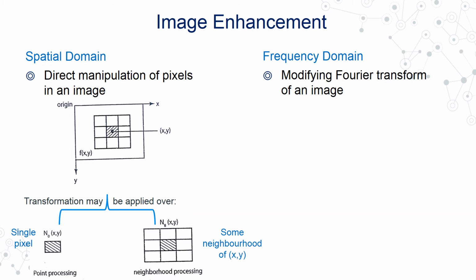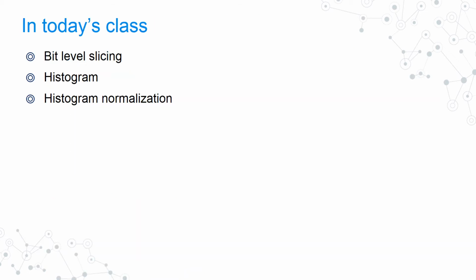So in today's class we are going to discuss bit level slicing. So what we do over here is, suppose it is an 8-bit image, then every pixel would be represented by 8 bits. And if I talk about all those 8 bits for all the pixels in my image, I can split it into image planes. And those planes, if I start from LSB calling it plane 1, then I reach all the way till MSB, which would be my plane 8.